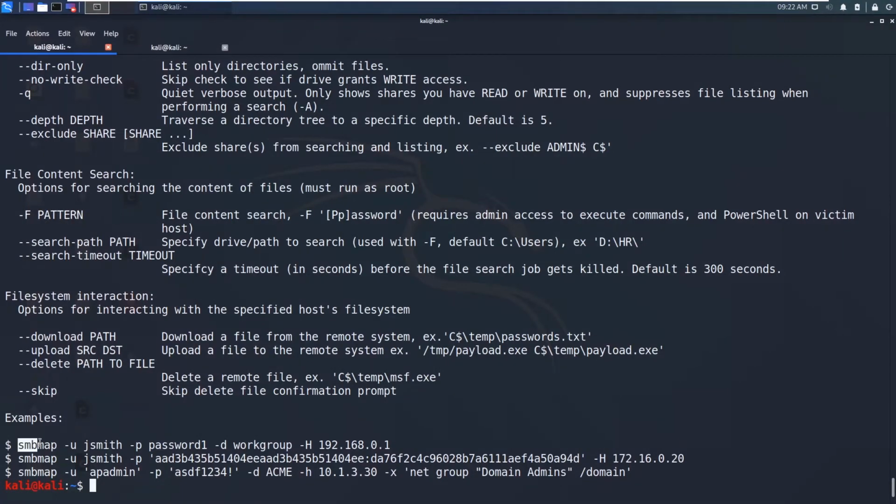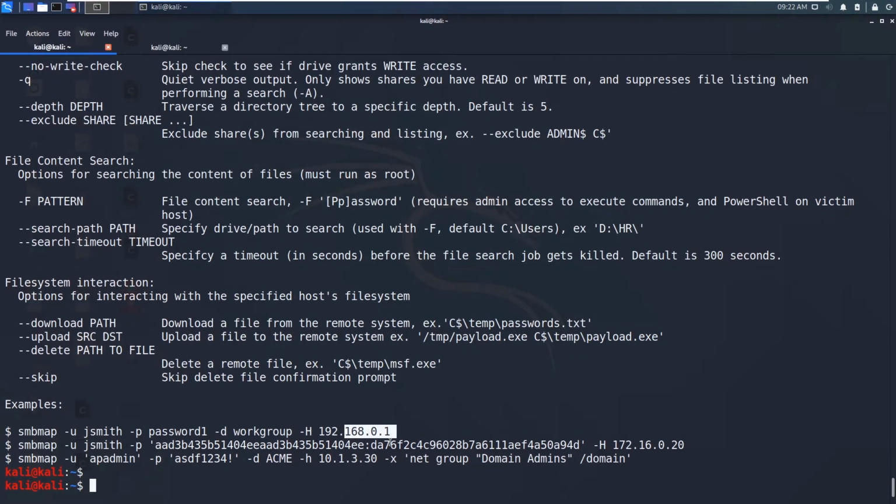You can see the example: smbmap -u username, the password, the domain name, the host name and the IP address. So let us use this. We know that there is anonymous login because we have got the shares. Let's check this anonymous login. If you don't give any username and password for smbmap, it will assume the null session or anonymous login.